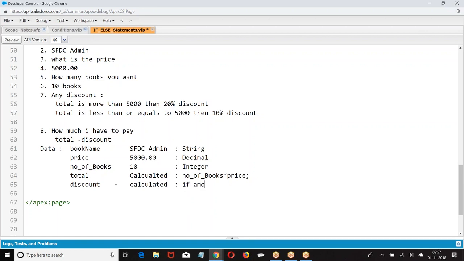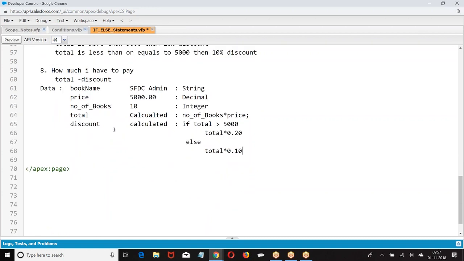If total is greater than 5,000, we told 20%. Else, they told 12%. Then the final total. Now this is the data involved, and these are the values associated.